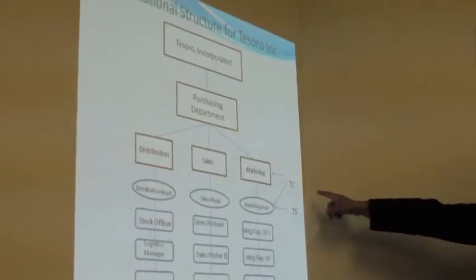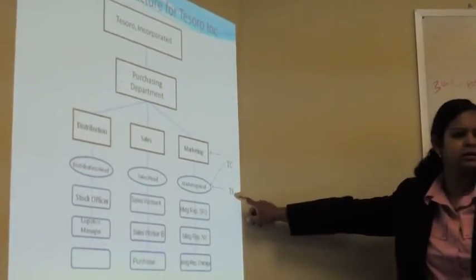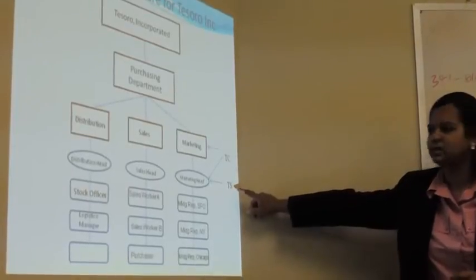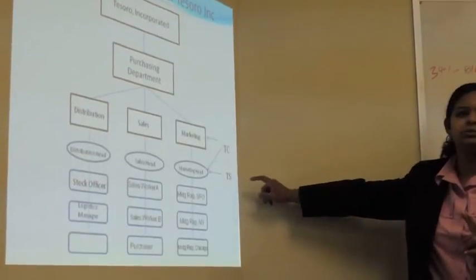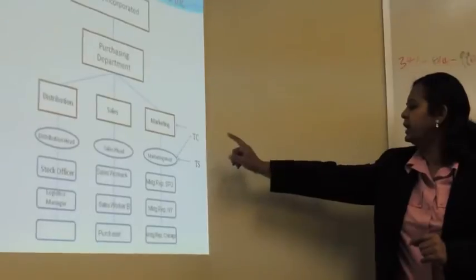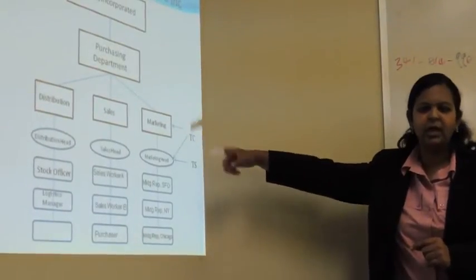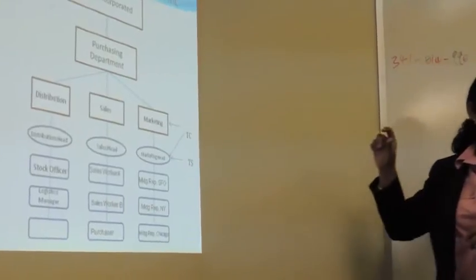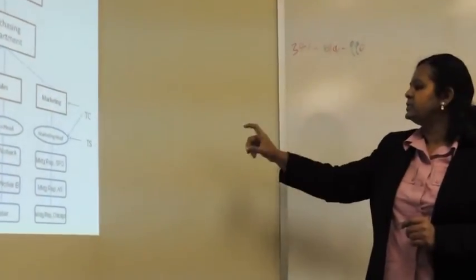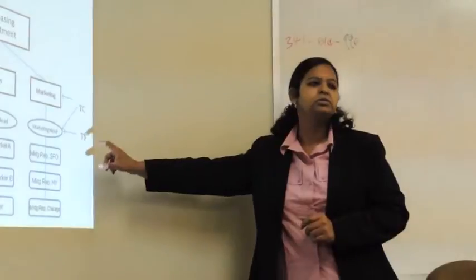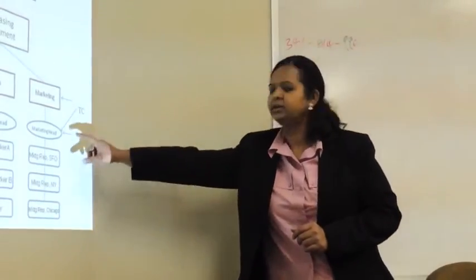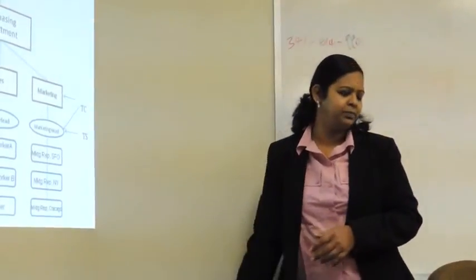So you see the task. This is a common task and the specific task. There are 2 ways to create a job. You can either give the common task to the department directly and specify the specific task to the position, or you can add it to the job directly.